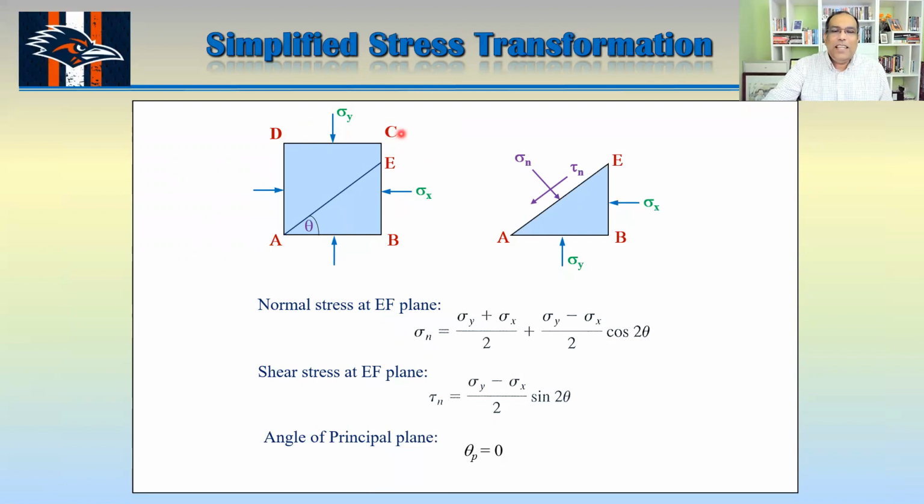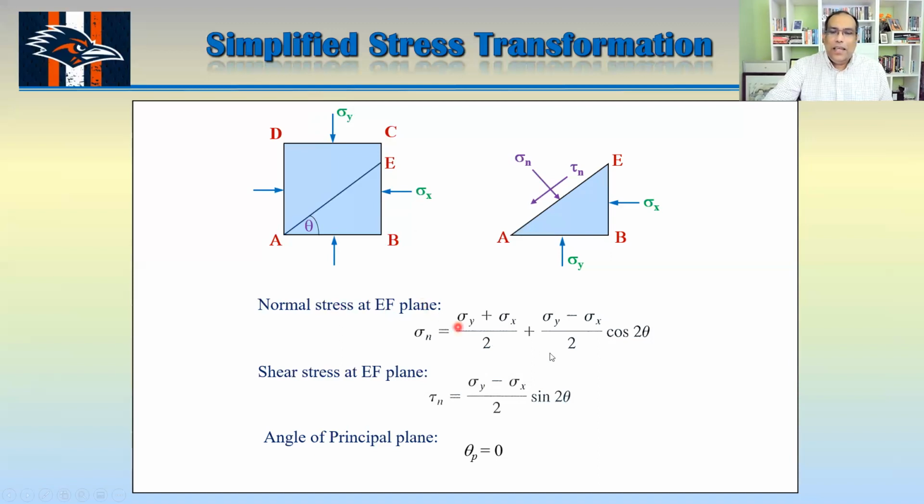This means your CD is basically the principal axis, right? And CB is also the principal axis. It doesn't have any shear on that particular plane. But that doesn't mean that the plane AE doesn't have any shear. You will see that actually the soil will transform and make some shear along that line AE. So in that particular situation, when we simplify, which is basically the case for most soil here,